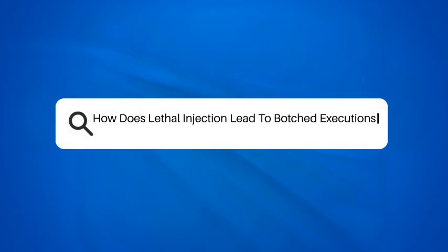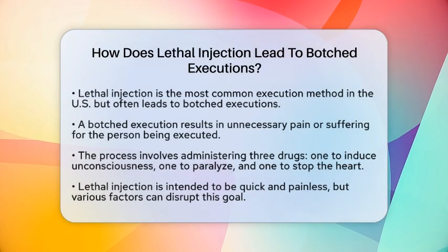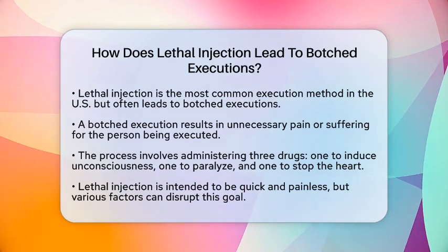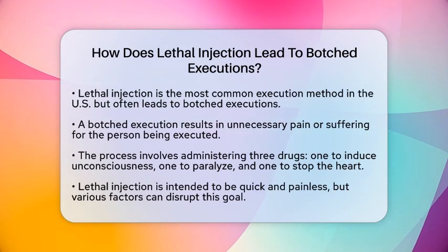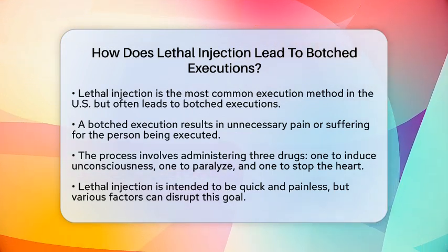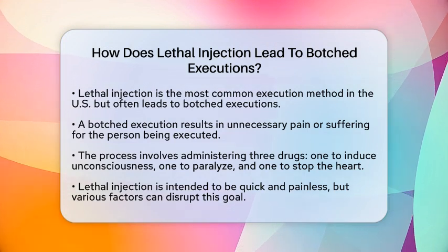How does lethal injection lead to botched executions? Have you ever wondered how a method intended to be humane can sometimes lead to disastrous outcomes? Lethal injection is the most common execution method in the United States, but it is also the one most often linked to botched executions. A botched execution occurs when the process fails, causing unnecessary pain or suffering for the individual